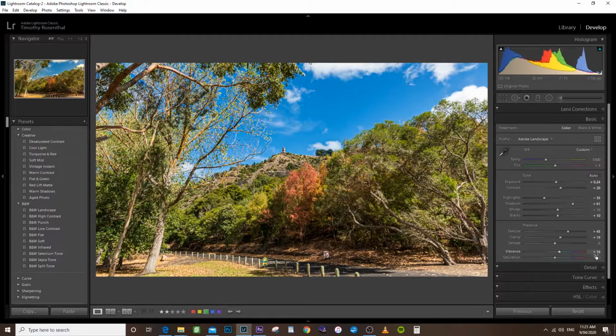If you're ever having trouble selecting these numbers, just click on the number and you can physically type it in like that. Another way to fine tune your adjustments is you can click on the word and use the plus and minus key. Okay, so